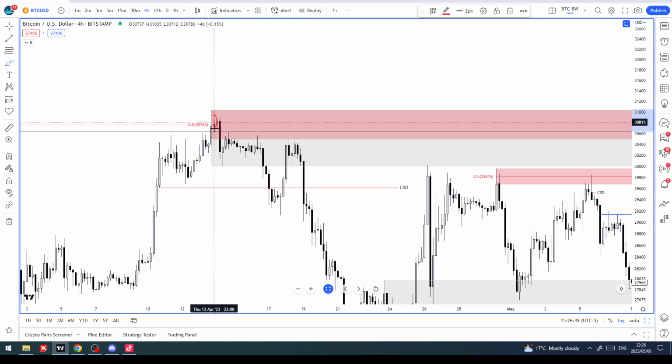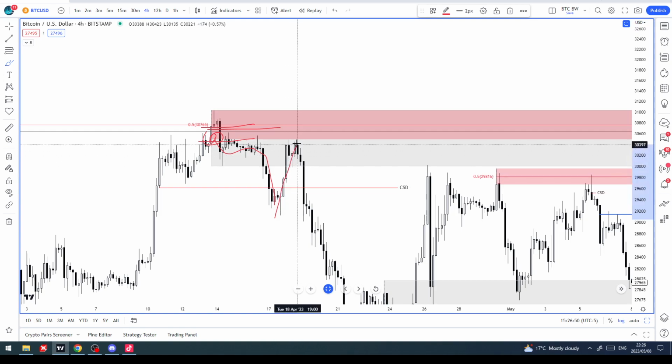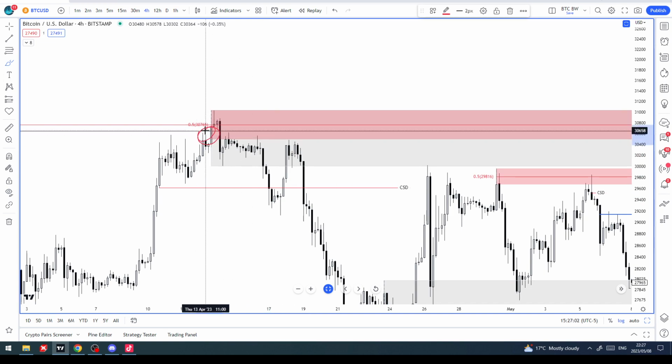There's your order block here. There's your fair value gap here. So you had OB validation before market structure shift. Price moved away. Price tried to come back and raid that order block here. Didn't quite succeed, but you can see the tendency to want to come back and raid when you get validation before market structure shift.